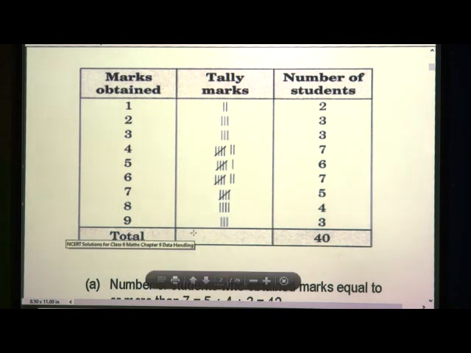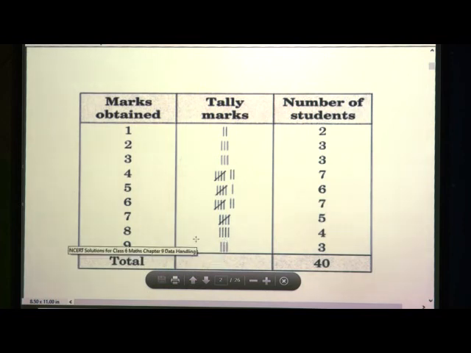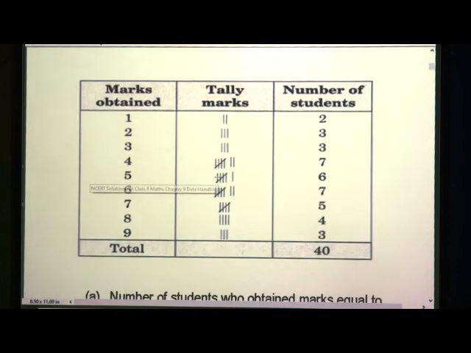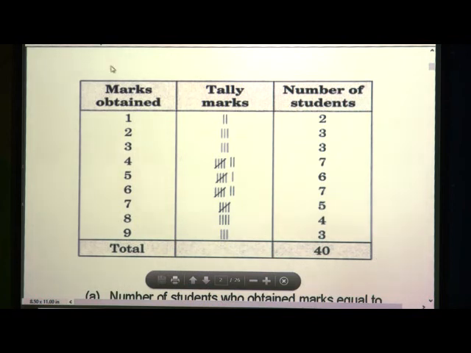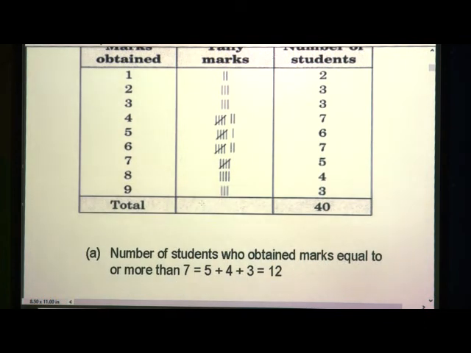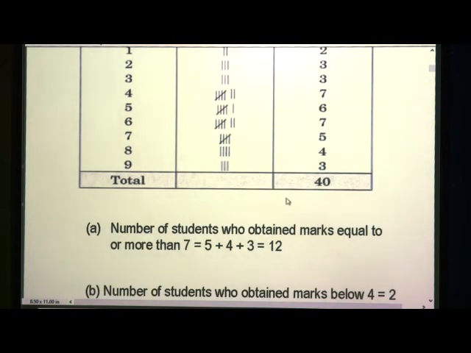We are showing the marks of the students by using the tally marks, and this data we got from the table given in the question. So first of all, while writing the answer, we need to draw this table, mark the columns, and show the numbers and number of students by using the tally marks. Then after getting this table, there are a few questions to be solved.